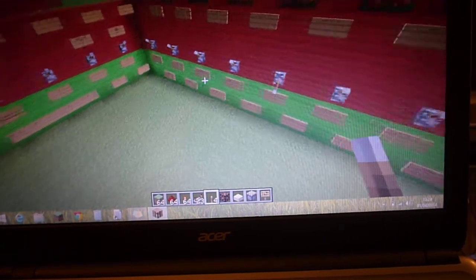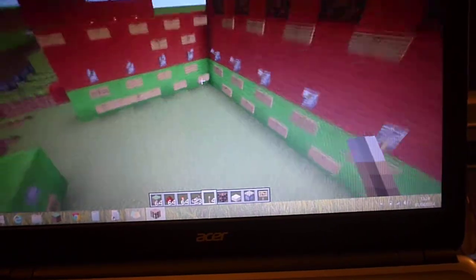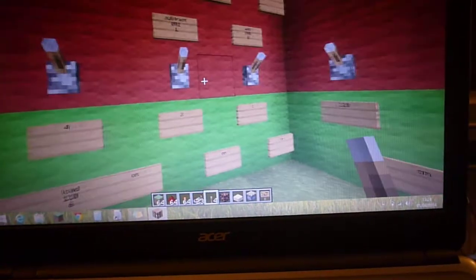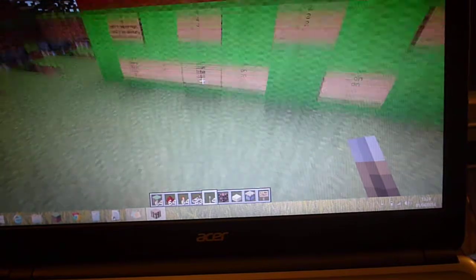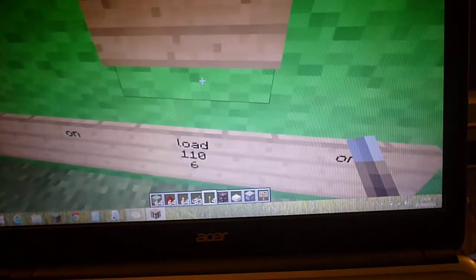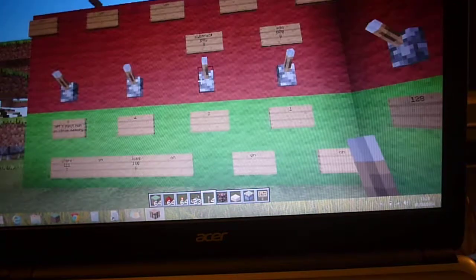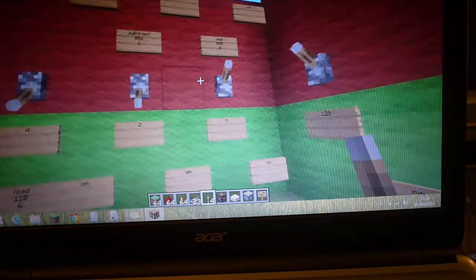This is my Minecraft binary processor, and here is where you input the opcode, and you can see it has things here. You might not be able to read them. Yeah, load, so 110, you can load something. So 110,